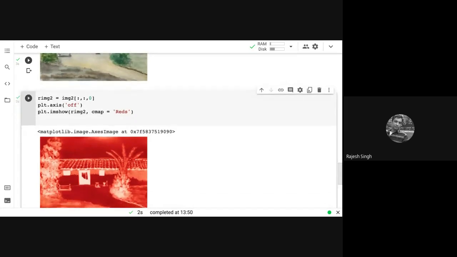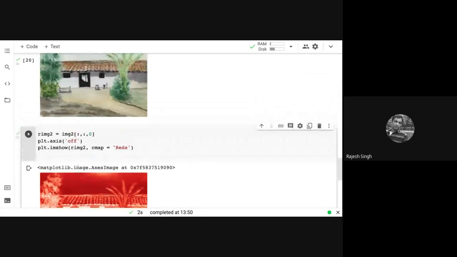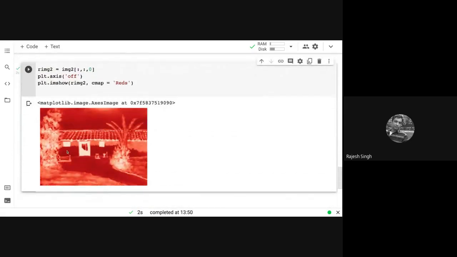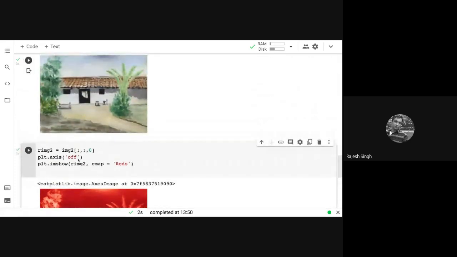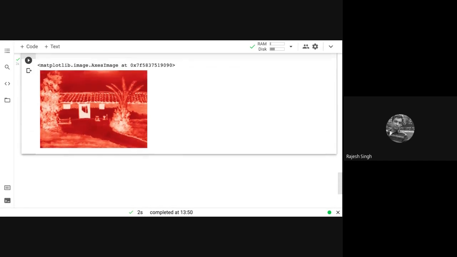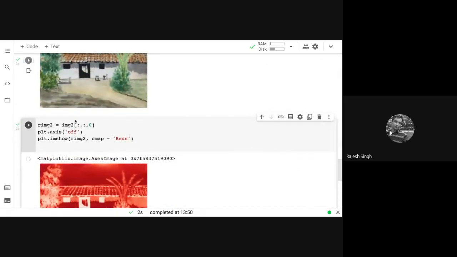So what is the area of maximum red in this image? Wherever it's white, you can see a big white patch here, some white patch here, some white patch here. That is the area where the red is maximum. Wherever you have black means absence of the color, so the red is very light here, almost absent. So this is the red patch being separated.